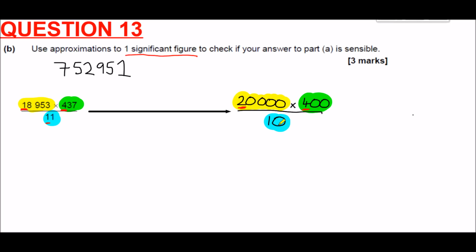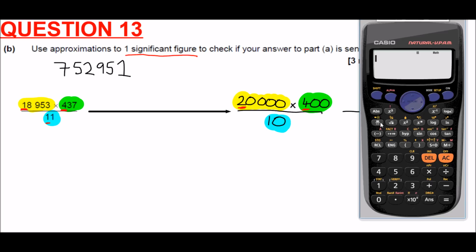And so now what we're going to do is the calculation with these rounded figures. The idea of rounding is making a calculation so straightforward that you don't need a calculator to do it. But of course, because we do have a calculator in this paper, you can, if you like, cheat. I'm joking when I say cheat, because you're allowed to use your calculator. 20,000 times 400